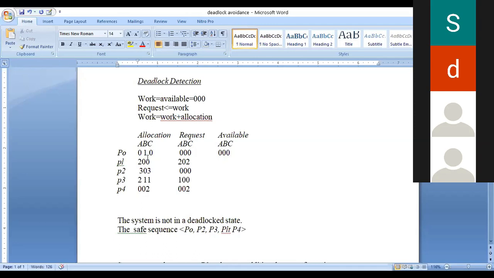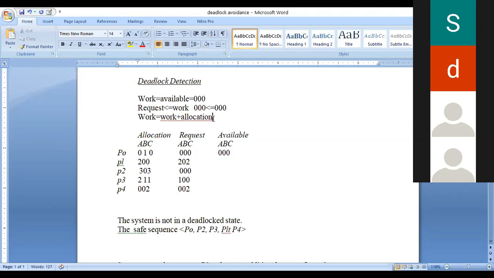What is the request for the P0 process? 0, 0, 0 is less than or equal to work, which is 0, 0, 0. Is the condition true or false? True, right? 0 is less than or equal to 0, three times.